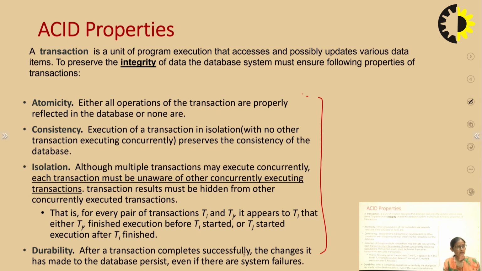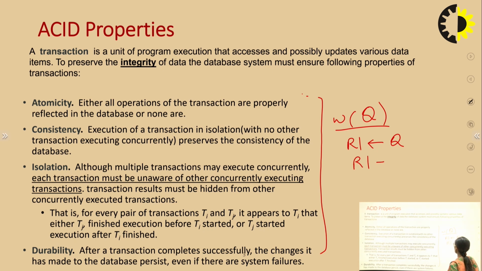What is atomicity? Atomicity says either all operations of the transaction are properly reflected in the database or none are. That is, when we are writing something, this is not a single instruction. It is broken down into multiple parts when your operating system is executing this instruction. So how will you store it? For example, I have the register R1. At that time, the Q value is stored in register R1. Then you will make the updates.